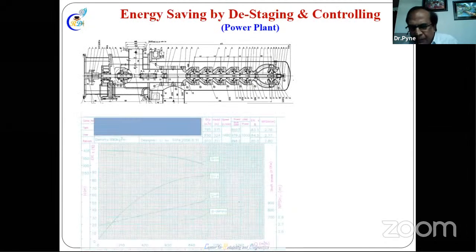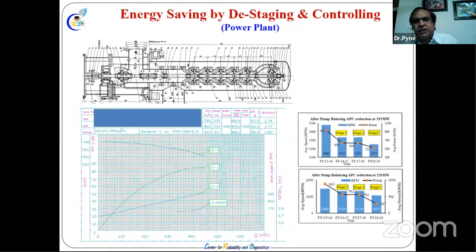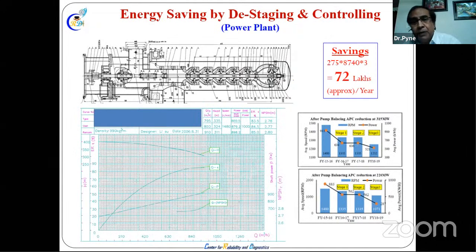So this is the pump they were talking about, and they got the saving like this. The saving is too much: 72 lakhs per year for industry, when they have to run like this continuously. Not that if one pump in our society breaks down, I'll call someone after 10 days. Sometimes you cannot wait even a full day for the pump to start. So here the savings are a lot in an energy intensive industry.